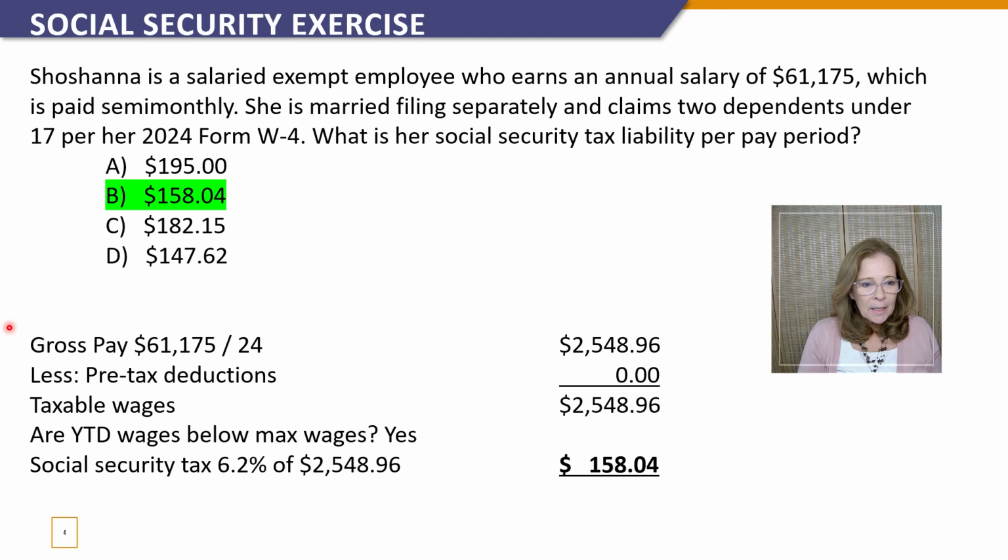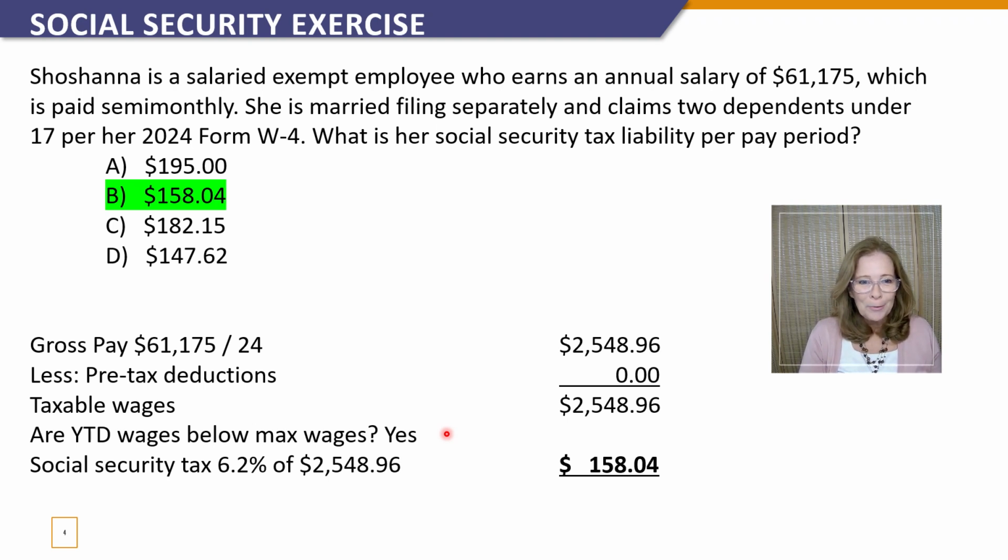So let's first calculate Shoshana's gross pay for the payroll period, which is $61,175 divided by 24 semi-monthly payroll periods, which is $2,548.96. There are no pre-tax deductions. So our taxable wages subject to Social Security tax are $2,548.96. We double check that the employee is not near the annual maximum Social Security wage amount, which Shoshana isn't